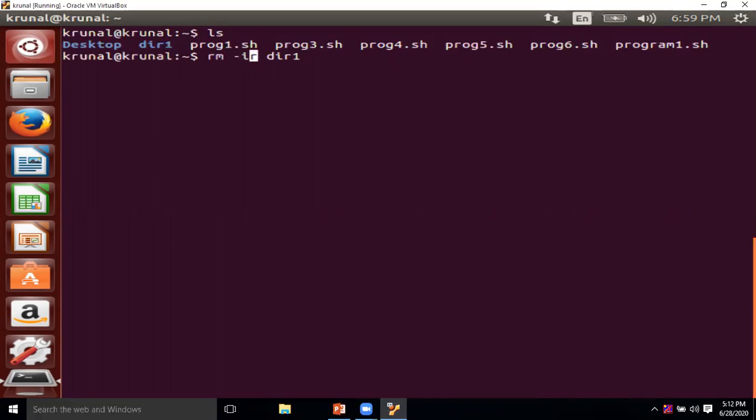Now I'm using this I option, let us check. Once you press enter, it will ask you: remove directory? If you say y for yes, this directory will be successfully removed from the existing directory. But if you say no, it will remain as it is and will not be removed.